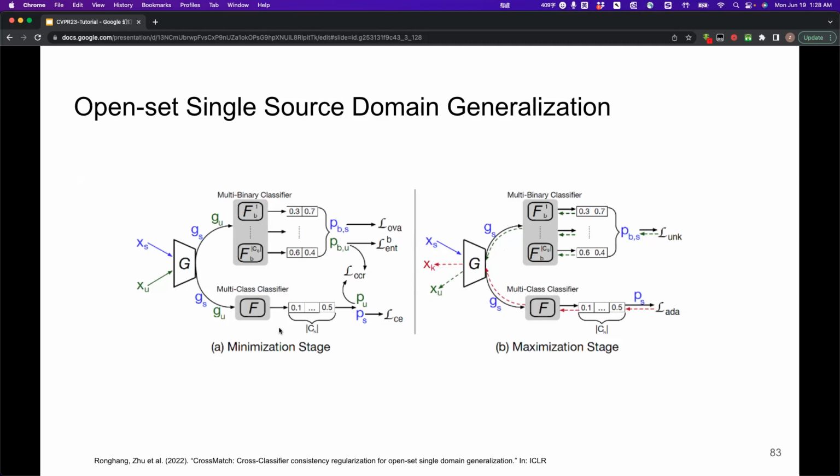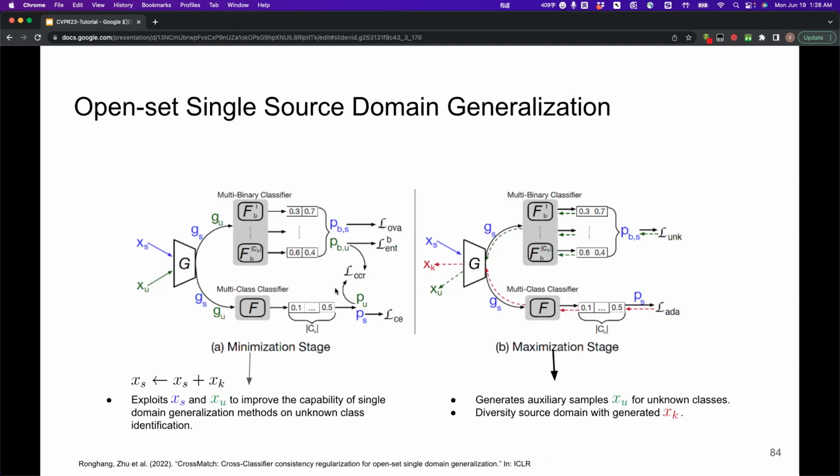At the minimization stage, one of the goals is that we use the generated dataset X_K to improve the generalization of the model. Meanwhile, we also use the exogenous dataset X_U to improve the model's capability to identify the unknown classes. To be specific, at the maximization stage, we will generate two kinds of datasets,